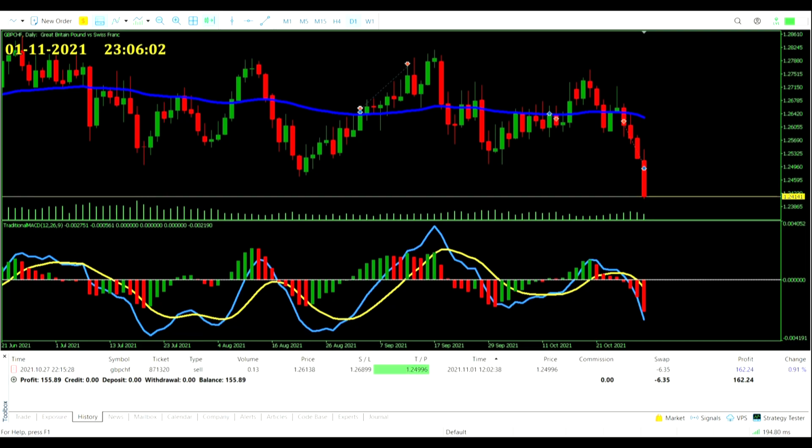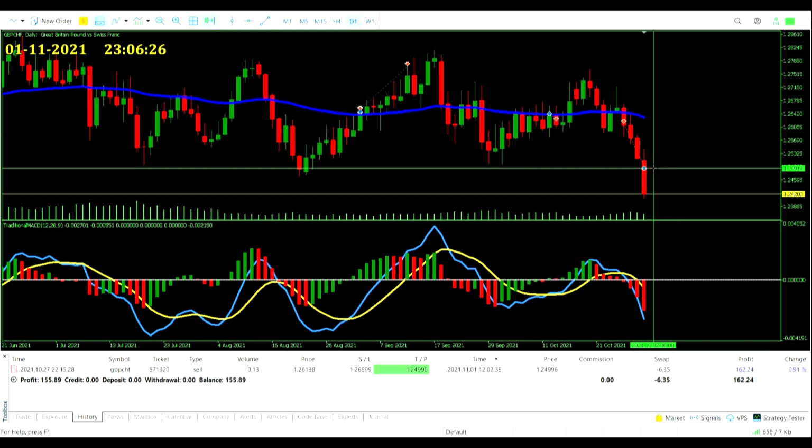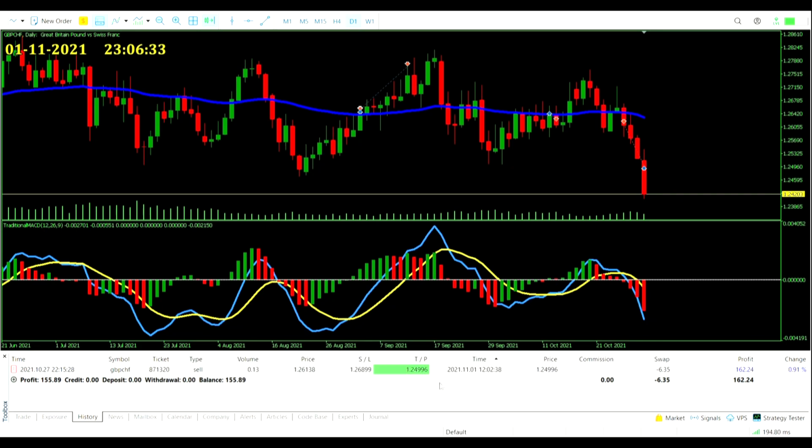Day 46, got him. Took the profit first day after we stopped taking entry signals, and it's an excellent win. $162.24 less $6.35 in the swap gives us $155.89 for the win. And do you know what? This has been a strong sell-off of the pound today, certainly at least against the franc, because we took profit